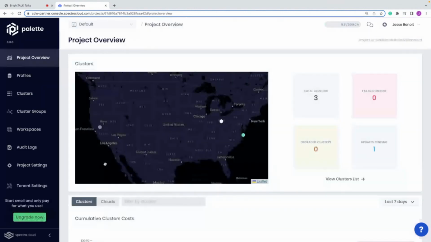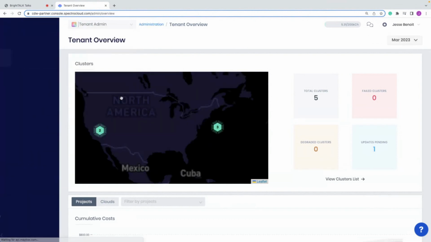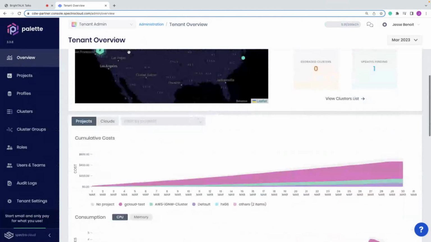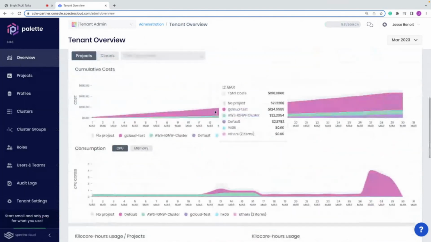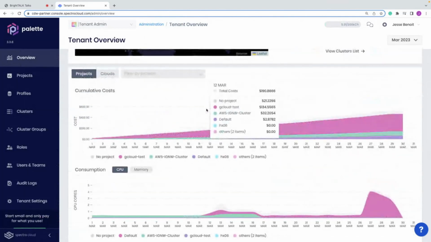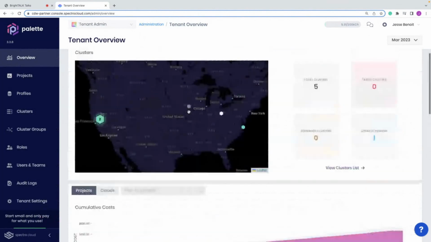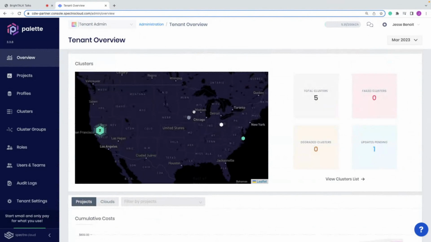Okay, so when you first come into Spectro Cloud Palette in this environment, you get a good project overview here. And if we take a peek back at the tenant admin view, you'll be able to dive deep and see your infrastructure costs, from what your core components inside the cloud or on-premises cost for infrastructure, or what your licensing costs are for Spectro Cloud Palette. So I won't do a deep dive into that right now, but I'll just show some of the features inside of Spectro Cloud Palette that you can also use to do this exact same lab demo that we're doing today.